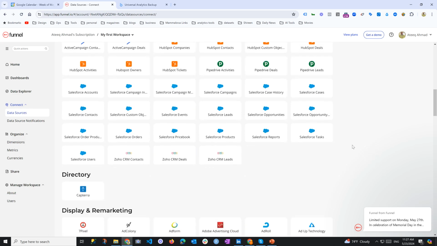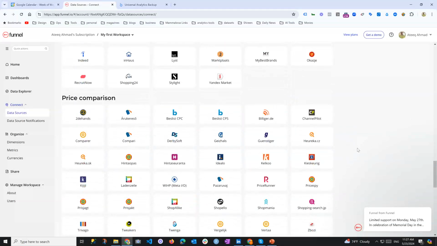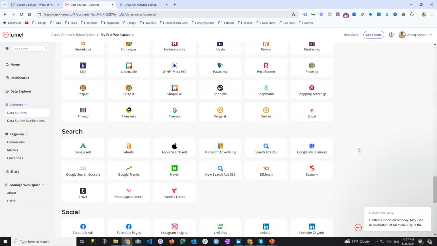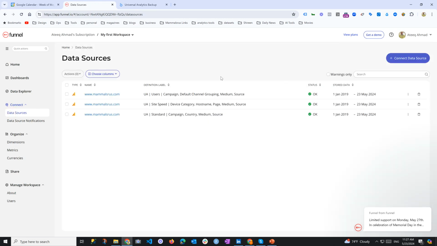HubSpot data also. So there's a lot out here, 230 connectors, and you can use them all within the free tier, as many as they're allowed, of course. So yeah, that was about funnel.io and how you can use it to back up your Universal Analytics data,